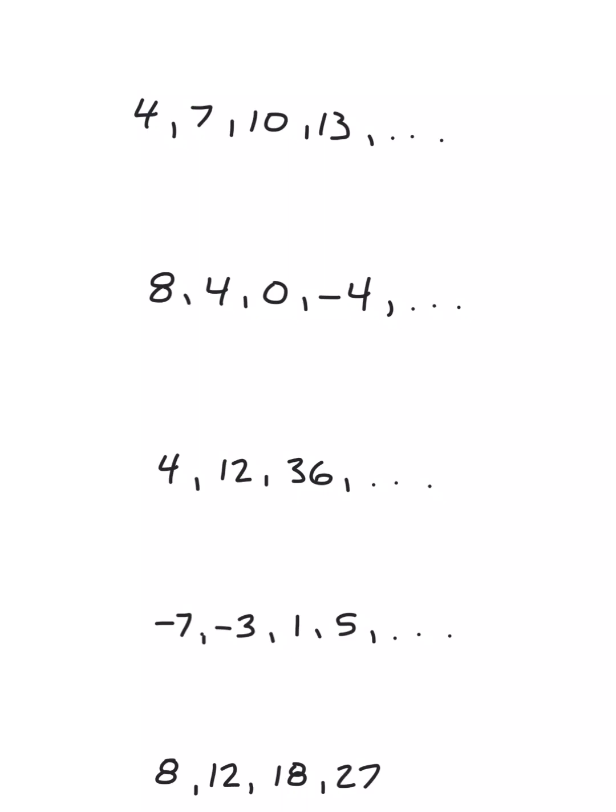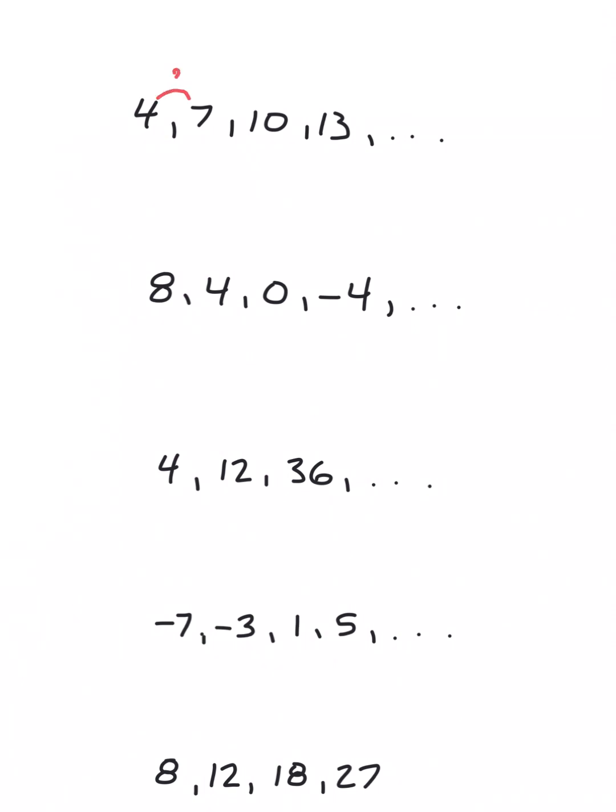So here's a review assignment dealing with sequences, statistics, and some right triangle trigonometry. In your review worksheet, the first problems give you a sequence and ask whether it's arithmetic or geometric. Remember, if it's arithmetic, you will be adding the same common difference, and if it's geometric, you'd be multiplying by the same common ratio. All right, so in this first sequence, you can see that there's a difference of 3